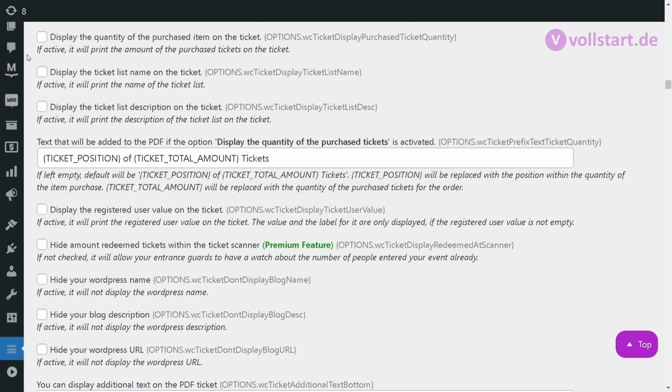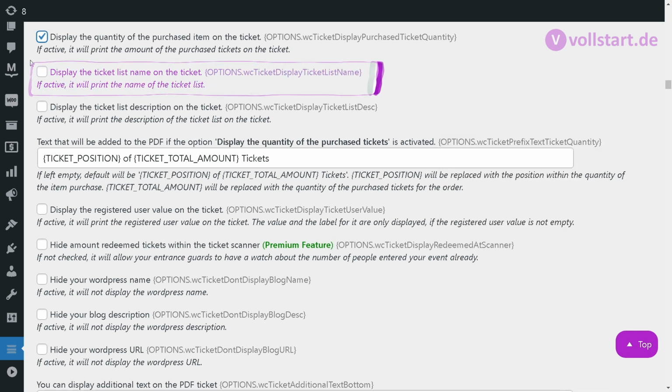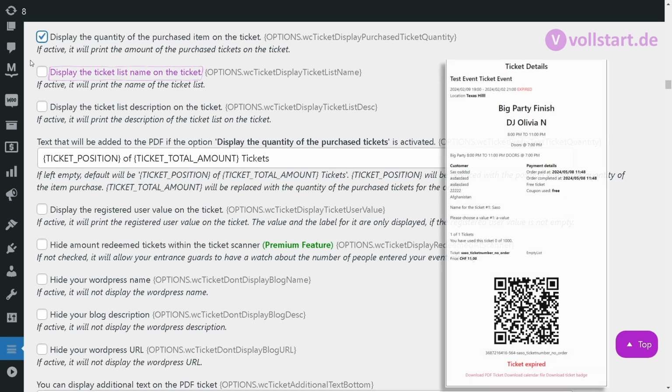If you want to see extra products and track how often they're added to orders, turn on this option. It will also count the number of each extra product on the ticket, as long as it's not a ticket itself. Usually, each product is given a ticket from a list. The system will create a ticket number and add it to the list. Alternatively, it may reuse an unassigned ticket number from the list if you enable the corresponding option. If you want to show the name of the ticket list on the ticket as well, activate this option.